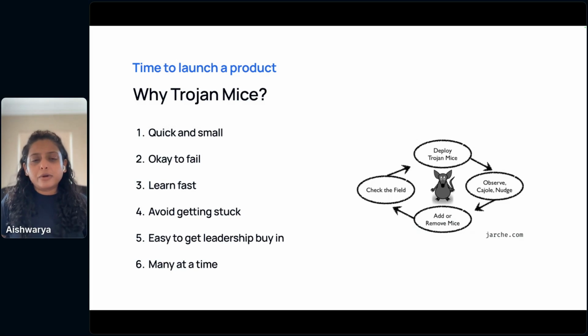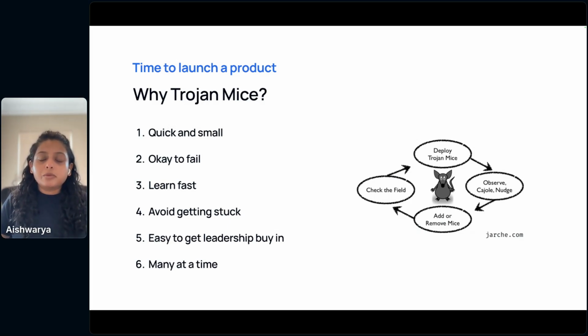And then, the last thing I wanted to point out is that it's many mice at a time. I could be, as an individual, doing a couple of them at a time. Obviously, if I do way too many, then that becomes my full-time job. But I could be doing a couple at a time. So it's not restricted just to doing one, waiting a month or two to get the results and then picking up. And so just imagine so many different small experiments running across the organization and learning quickly from what's worked and what's not, and then sharing those. So we come together to share what we've learned with others, or we quickly even deploy that change into the